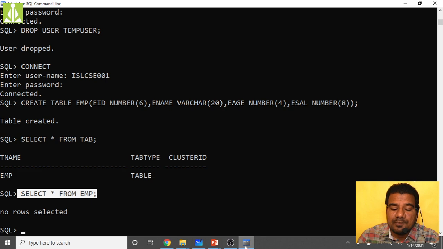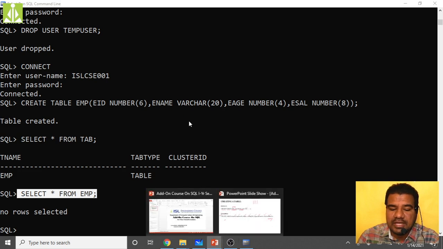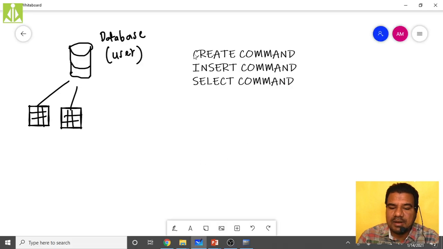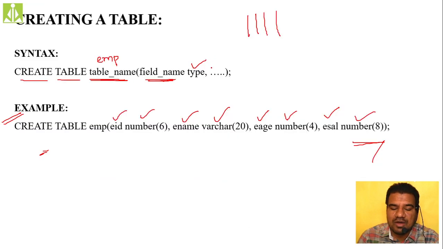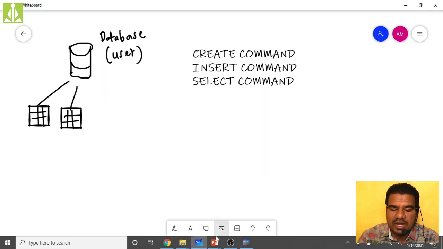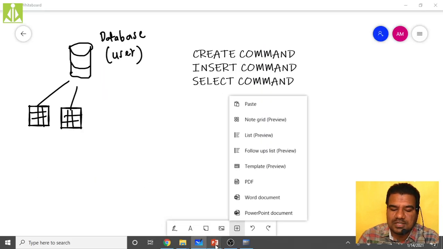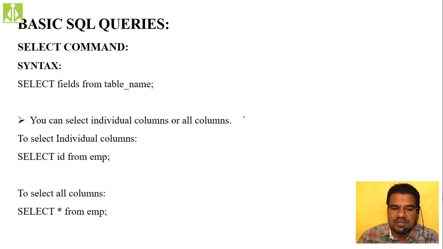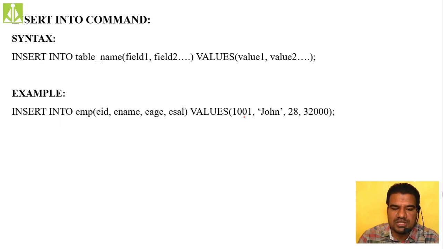Okay, so now, yeah, the two commands we discussed already, the select command and the create command. Okay, the select command we discussed and the create command also we discussed. Now we see insert command, how we can do the insertion. So quickly go and see what next thing we have. Yeah, deleting a table we will see afterwards. Then basic SQL commands, select fields from table. Okay, once we do the insertion, then you will understand the rest of the commands, because first we have to enter some rows and some columns into the table.